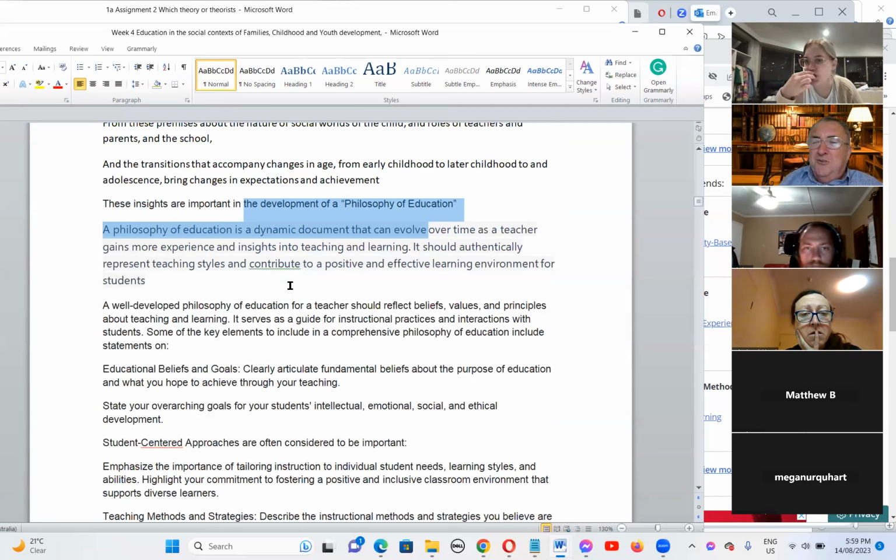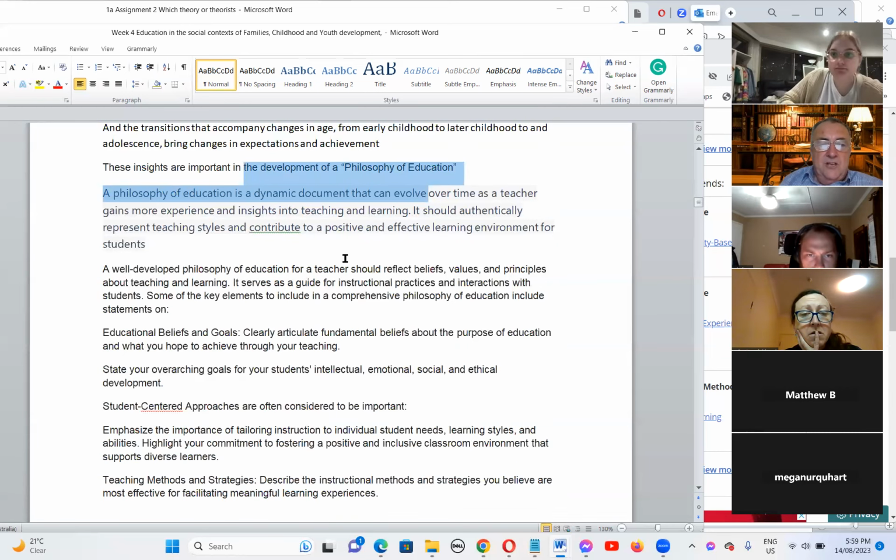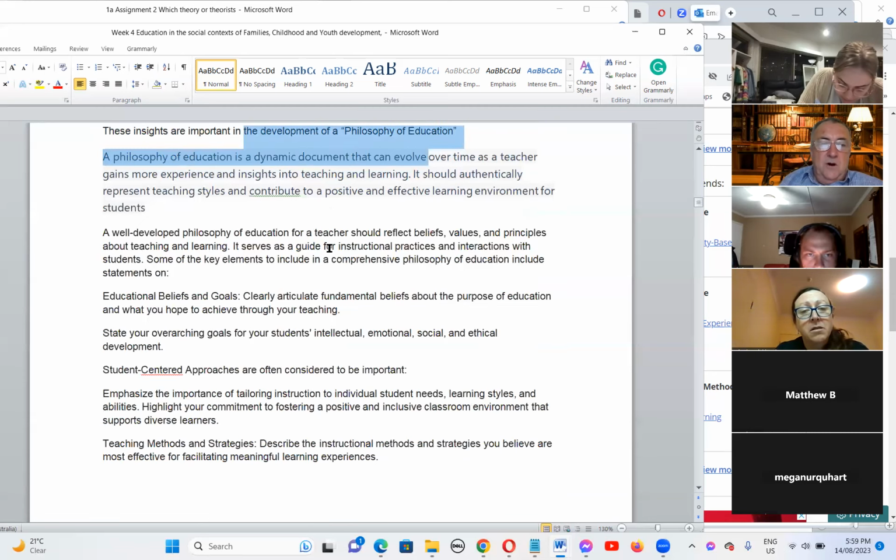Well, we're a Christian school, or we are a Montessori school, or we are a school. And as you listen to what they say, you can write a philosophy of education which connects your views about education and pedagogy with the views of education and pedagogy held by the school. A well-developed philosophy of education reflects your beliefs, your values, your principles, what you believe about teaching, about learning.